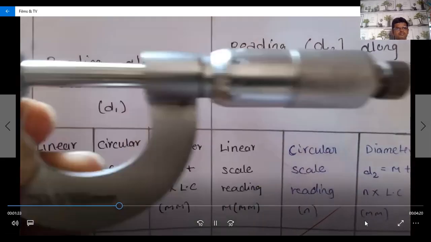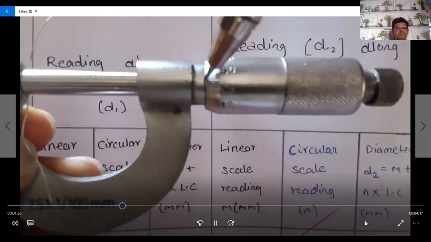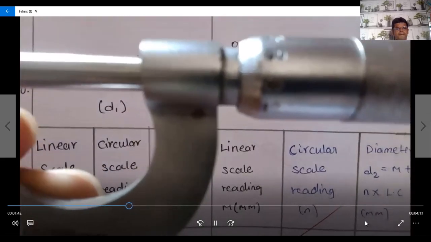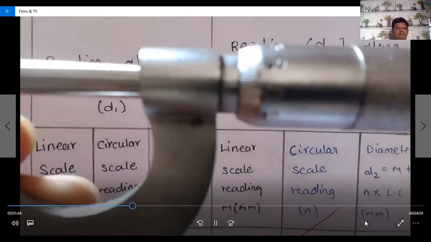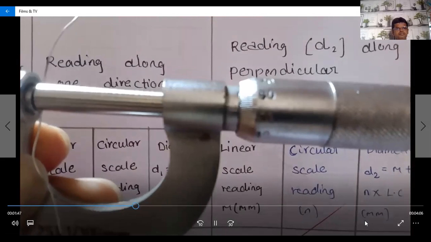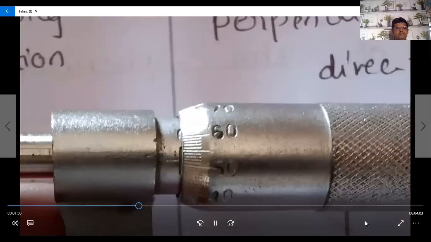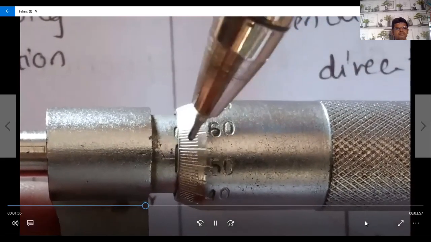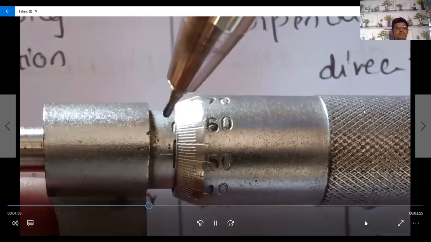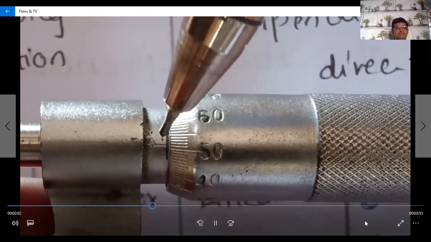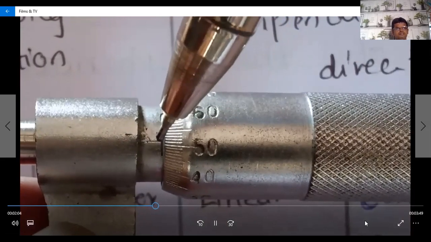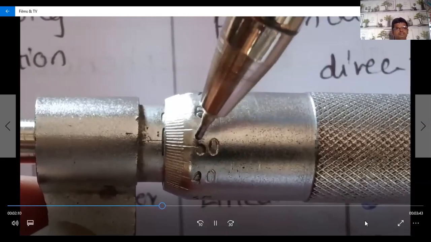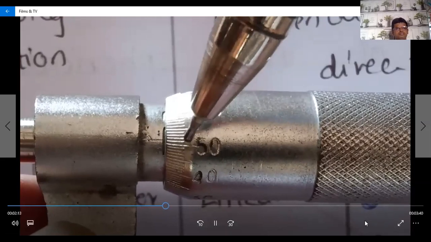So first we look on the inner side at the main scale. There is no value like 1 or 2, only 0. So definitely we consider the linear scale value as 0. We consider main scale 0 because here you see the 0 surface. And the second thing, the vernier scale, meaning the circular scale. We see the straight line. Now this straight line matches with the circular scale number 51, maybe because 50, then after that 51 and 52.